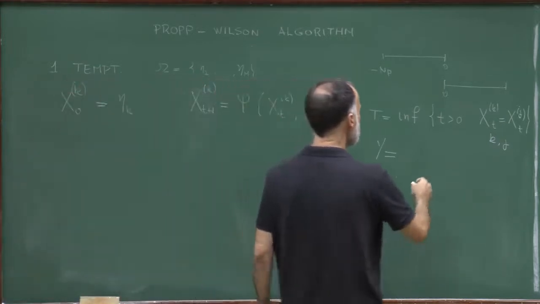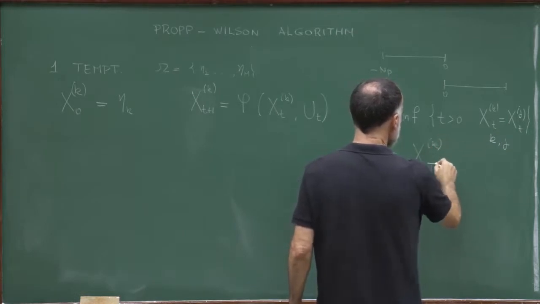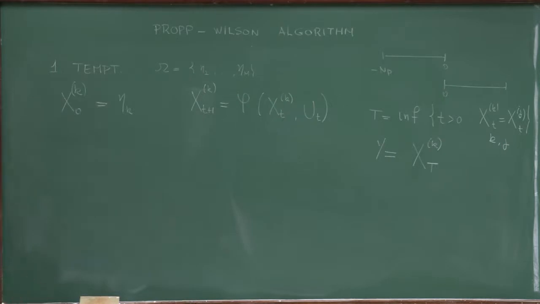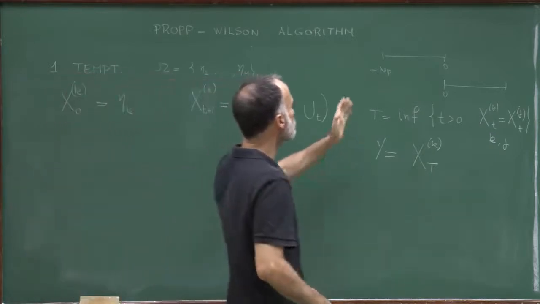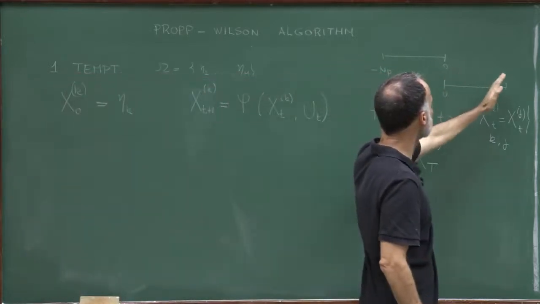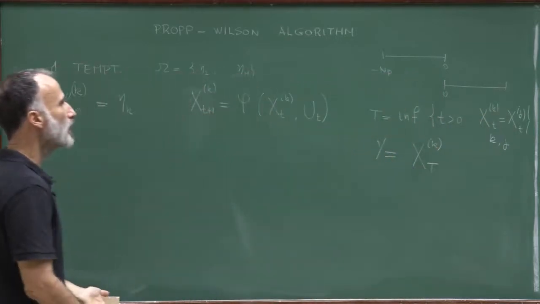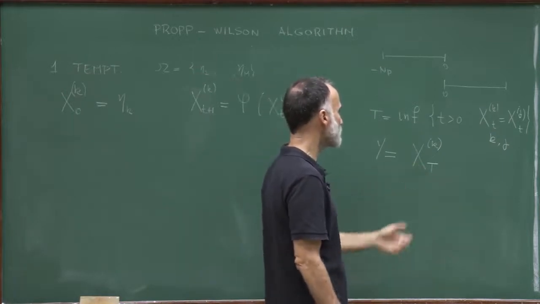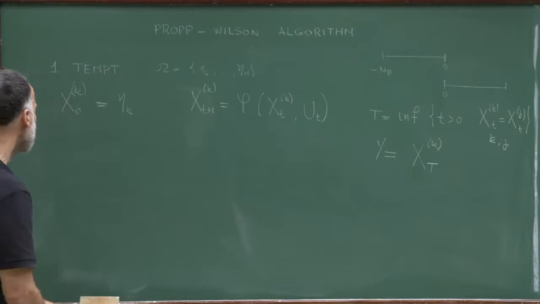And y would be therefore the value of one of these chains at time capital T. So, well, this seems a reasonable alternative algorithm, because instead of running it backward in time, you run it forward in time. The first time they all reach an agreement, you are happy, and you define this as the outcome of your algorithm. So let's say that this is wrong